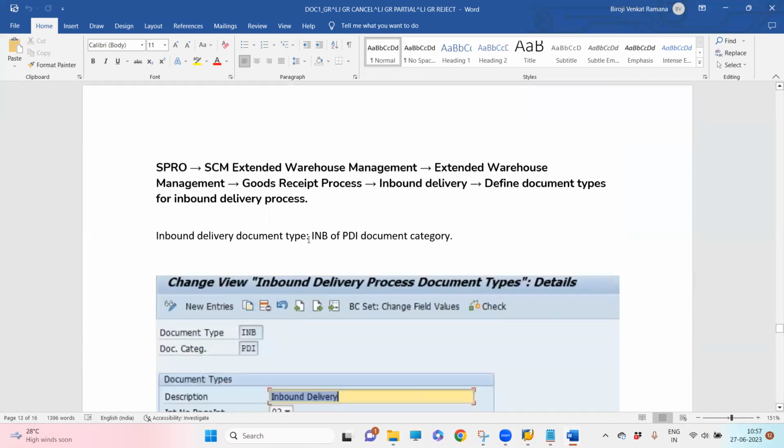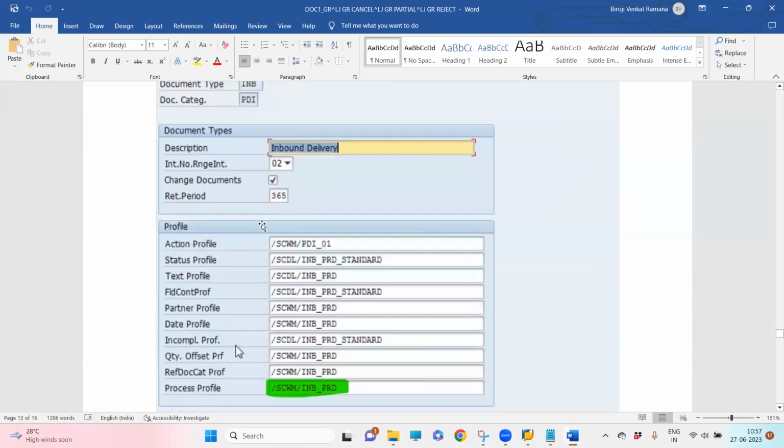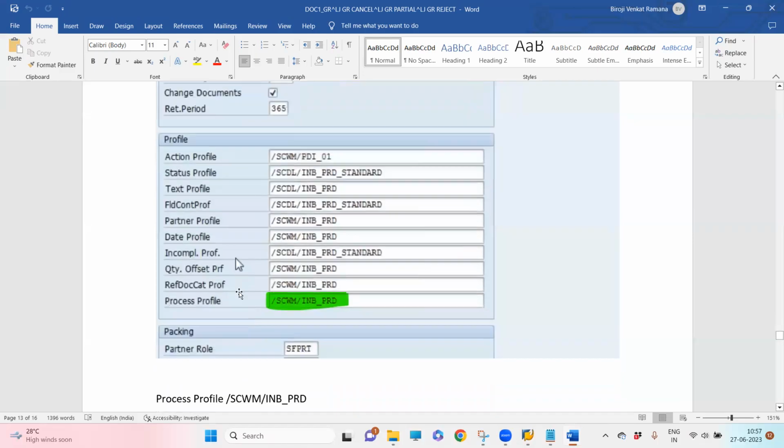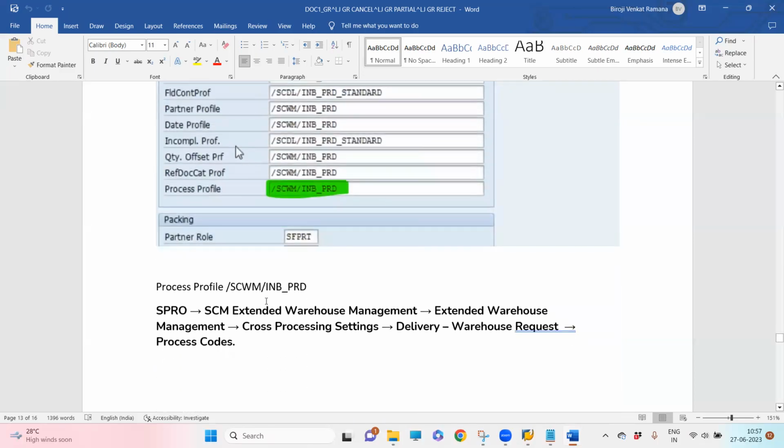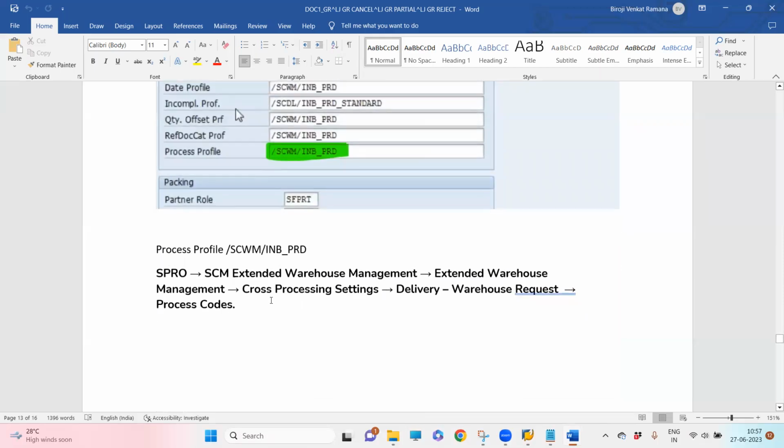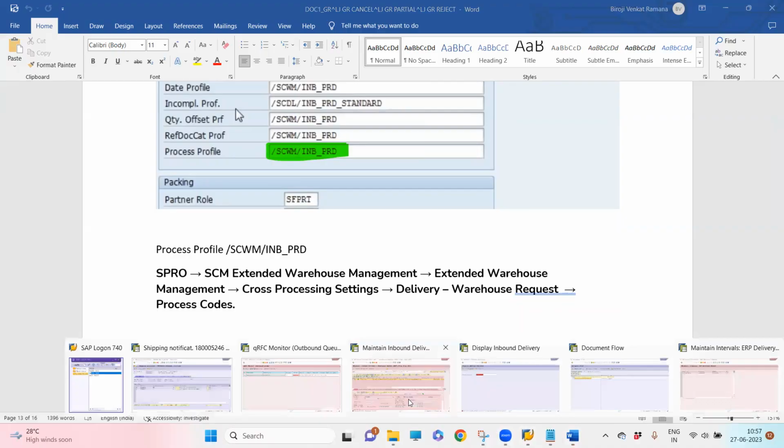INB is our inbound delivery document type. If you go to this part, under this part you have got the process profile. Just observe this process profile. It has got nothing to do with the process code. But if you go to this part, go to